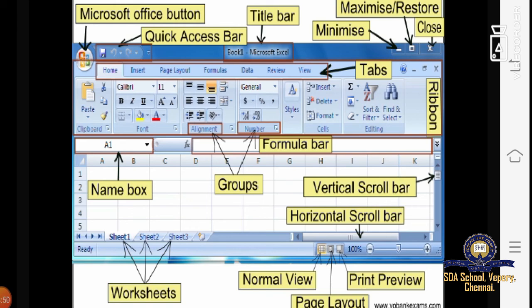You can take each and every help from the ribbon. First you need to go through the ribbon properly. You have to go through this full page properly, and then start working on MS Excel. Without going through this ribbon, you cannot start operating your MS Excel.